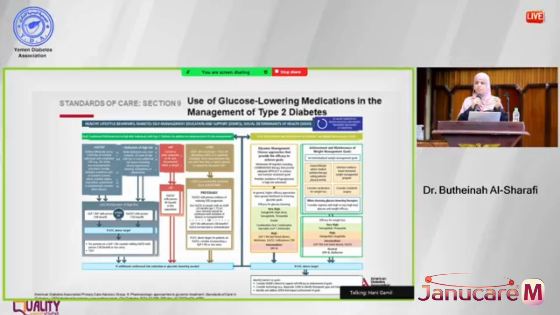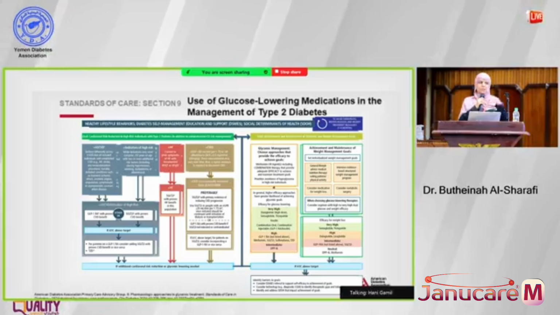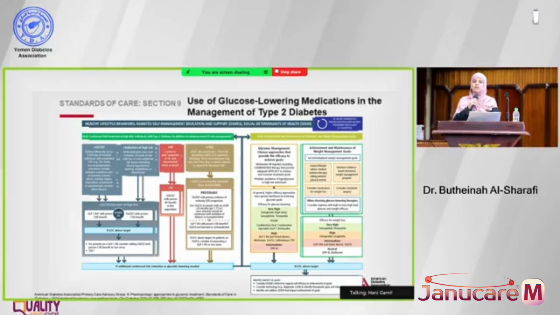Okay? An important thing: if a patient comes to you and has other medical problems like heart failure or ischemic heart disease, make sure you look at the medications, because you might end up giving the patient 2 SGLT2 inhibitors or double the dose that the patient needs to take. Maybe the cardiologist wrote the medication as a heart medication, and then we come and write it as a diabetes medication, and we didn't look at the other treatments that the patient is on. So it's very important.